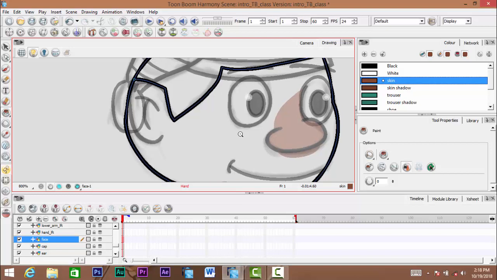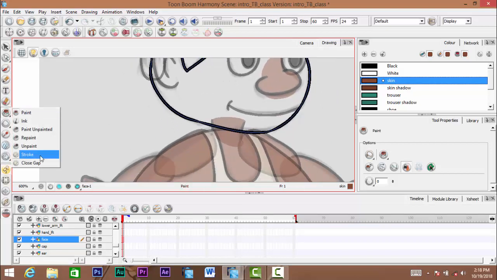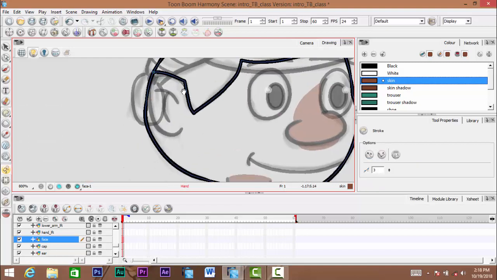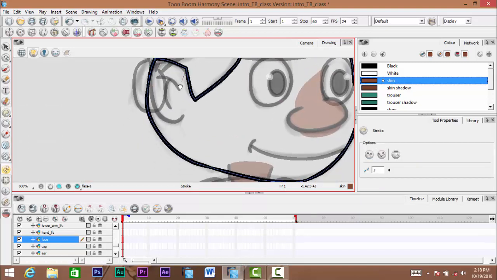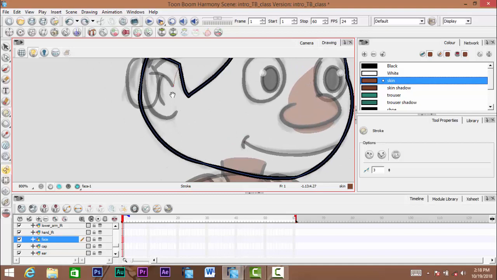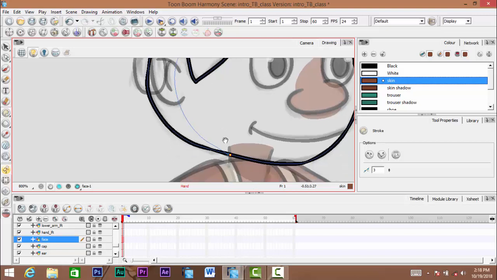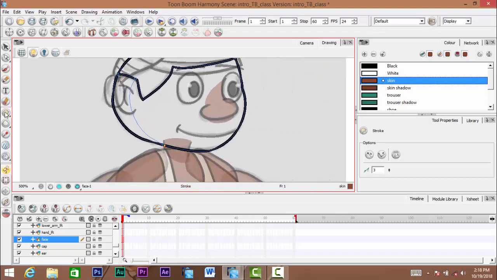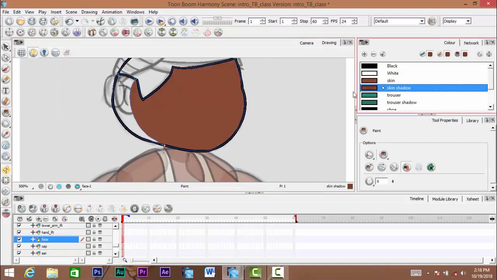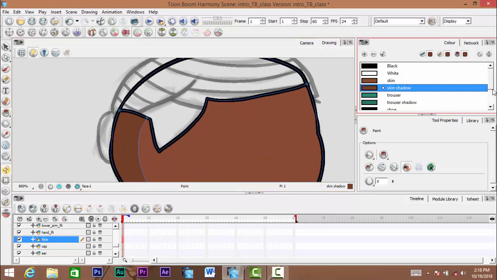and of course skin color. But before that, let us create a stroke somewhere here. Let's do it again. Alright, create a stroke somewhere there, then paint the skin and the skin shadow. Then the hair,